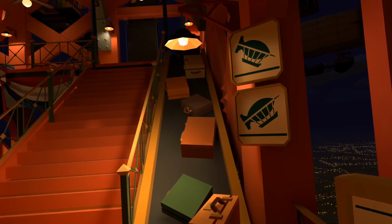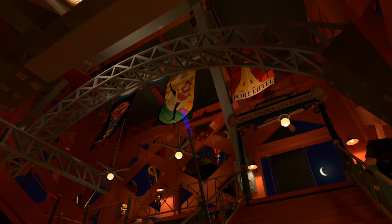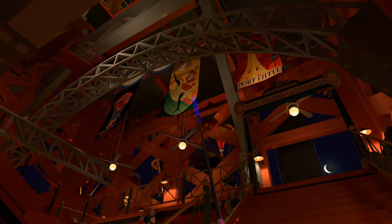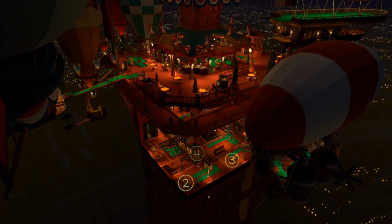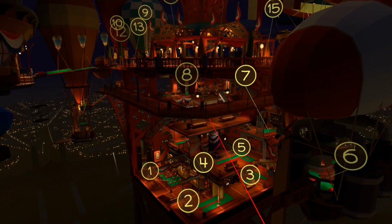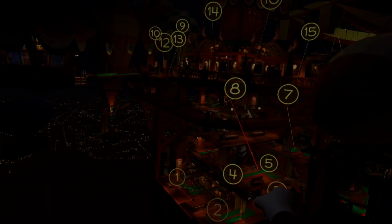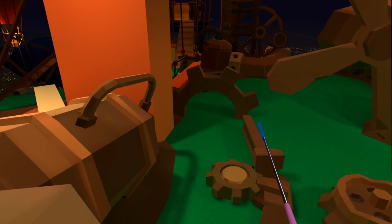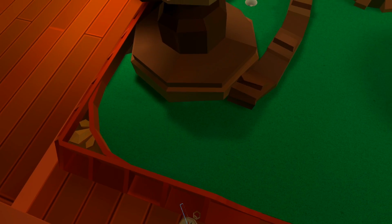So we know we're facing north, so turning left will be west. There we can see the dancing lady, and it is attached to a platform at the top. That platform, if we go to giant view and crouch down, we can see is over by hole number 8. So when we send ourselves there, just at the top of that banner, down on the floor is the next